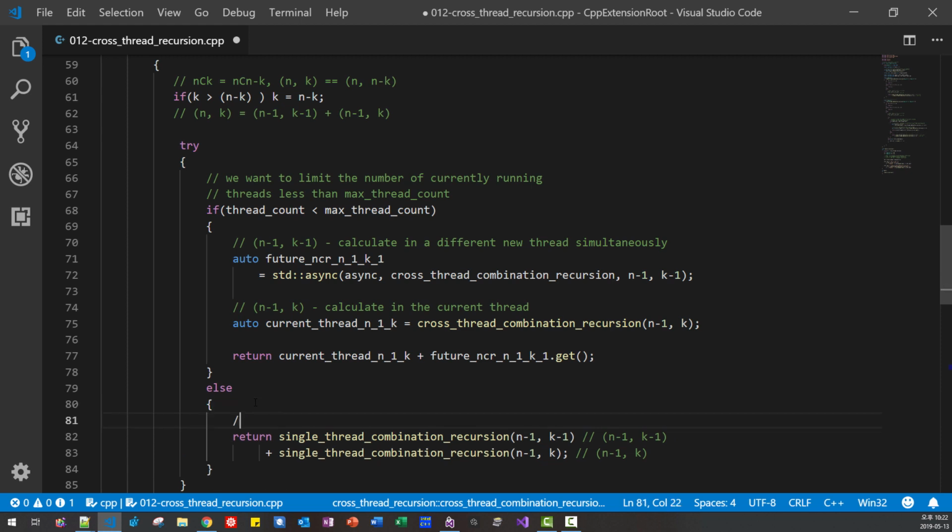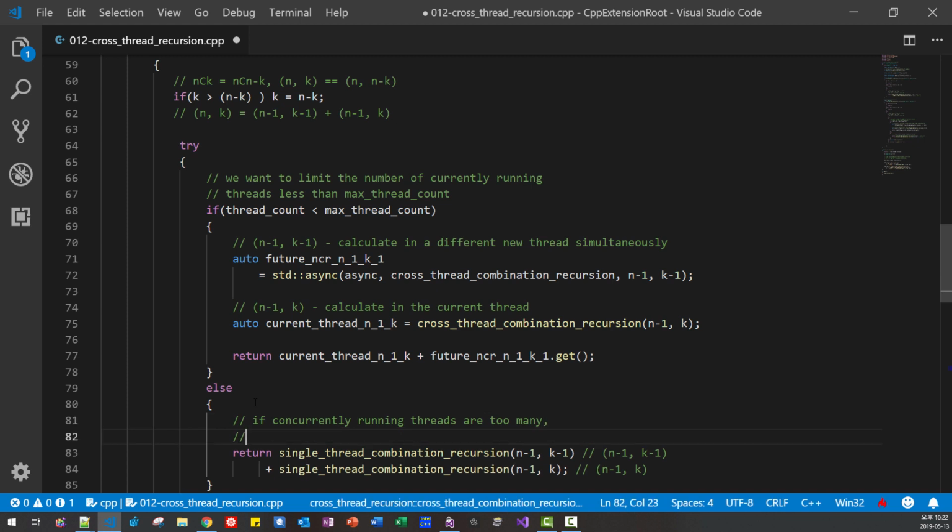If concurrently running threads are too many, then use the current thread only. Okay.